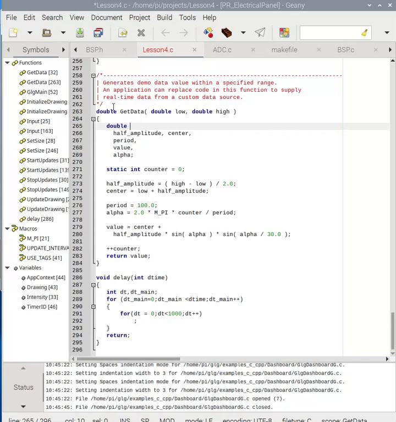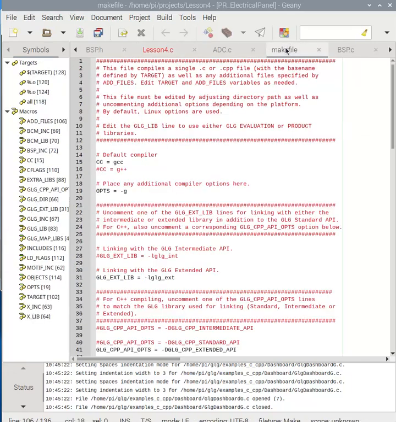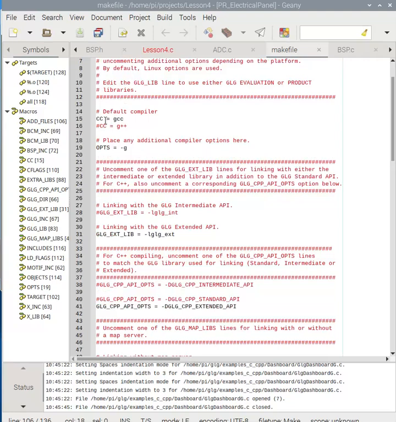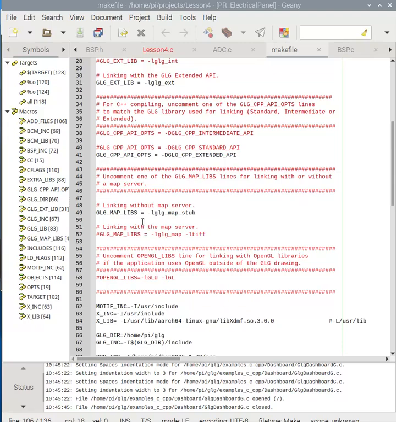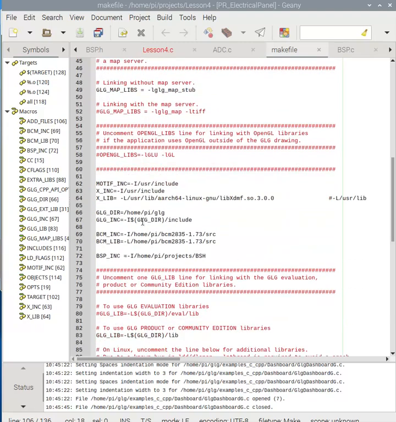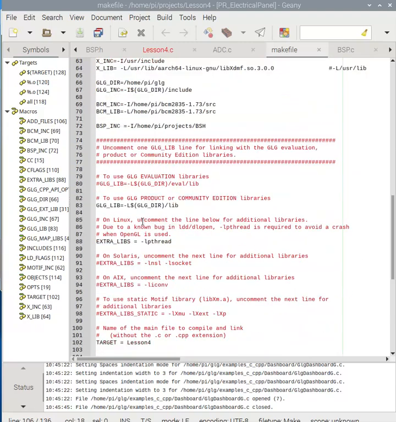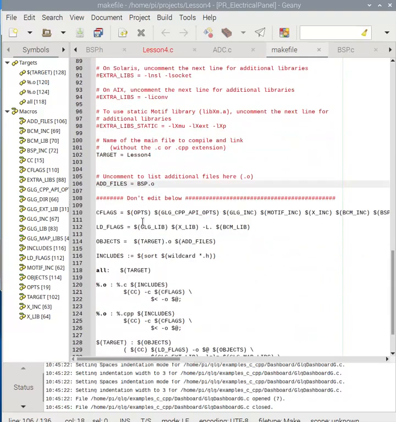Speaking of makefile, let's go over and take a look at it. So it's set for C, and we come down, and these things are just like they were last lesson, except for one thing that we need to add to it. Here the target is lesson 4, but we need to add a file. We need to add the ADC file. And the way we do that is that we type in under additional files,